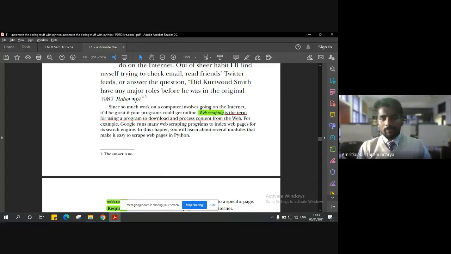Another example: let's say you want to monitor prices from a stock market. You can write a script for that, and using web scraping you can make use of the extracted data, which is only the price.